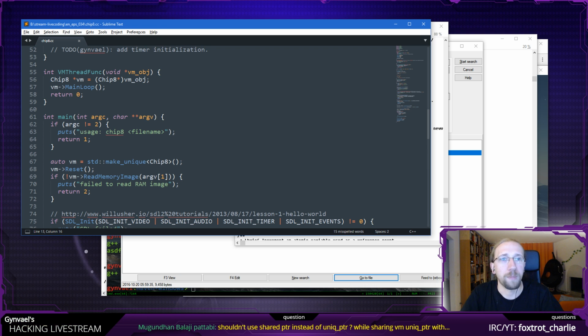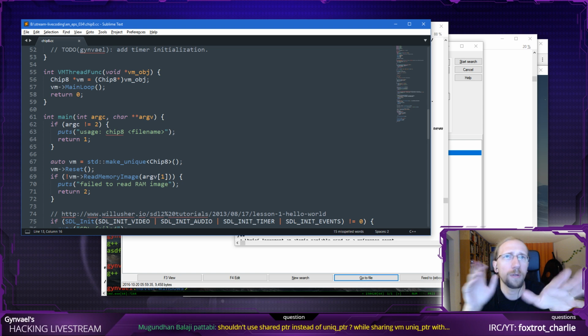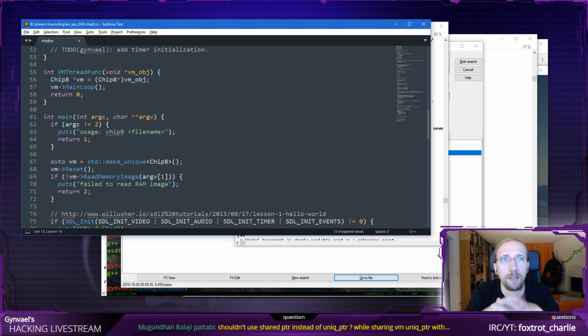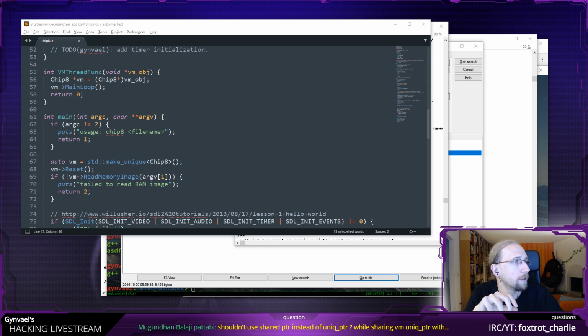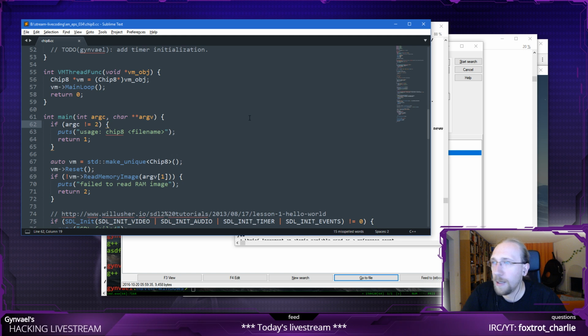object. A problem with shared pointers is that you have no guarantees where it is going to be destroyed. And there are cases, not always, but there are cases where that might be confusing or might lead to bugs. So here, by using this approach, I do guarantee where the object is going to be destroyed. Yeah, so I hope that answers the question.